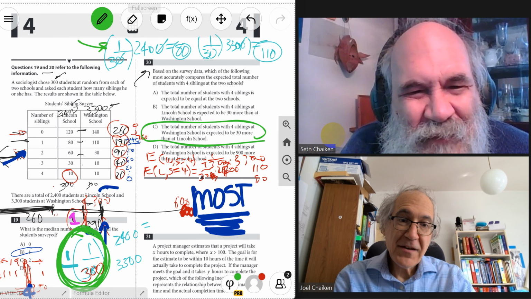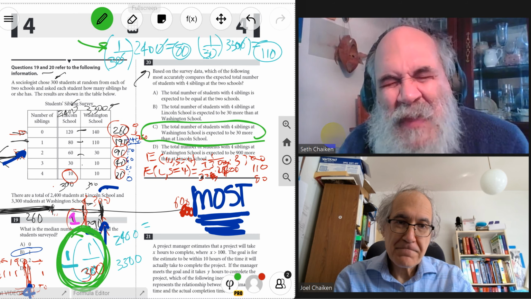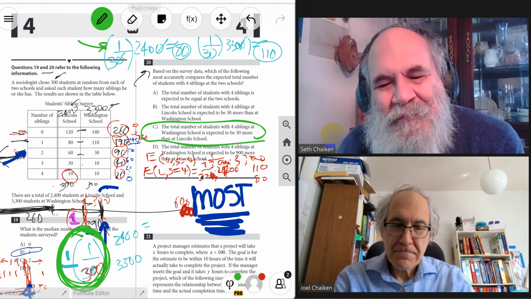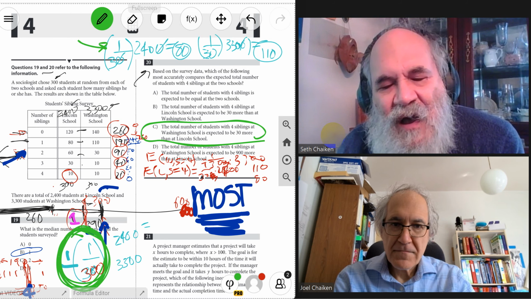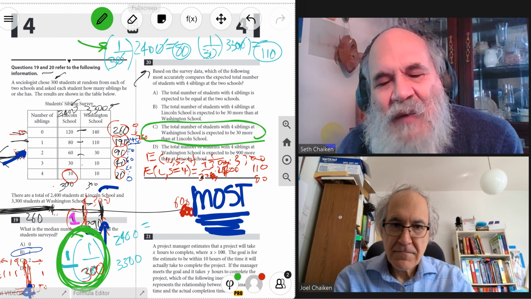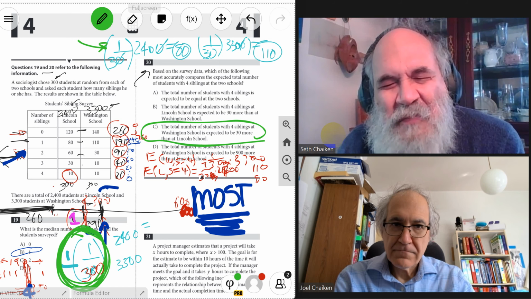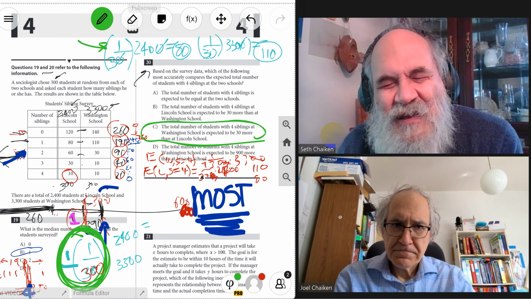All right. Yeah, I feel really bad. So this is a question about how to draw statistical inferences from a sample, and then use the inferred probability of something, like in this problem, the probability that the kid chosen randomly from the school has 4 siblings, and then calculate the expected number of kids with 4 siblings, which is the total number in the sample times the probability.